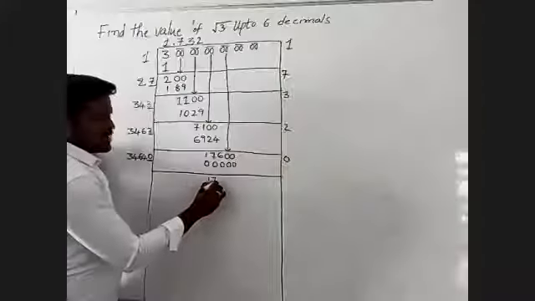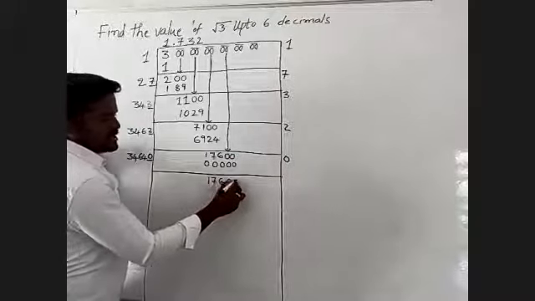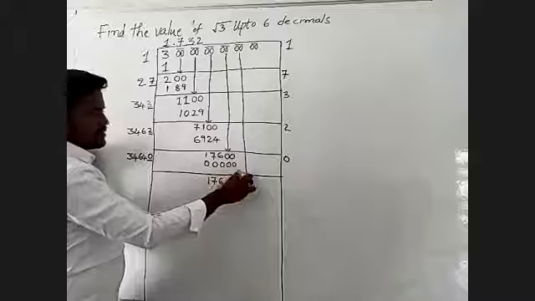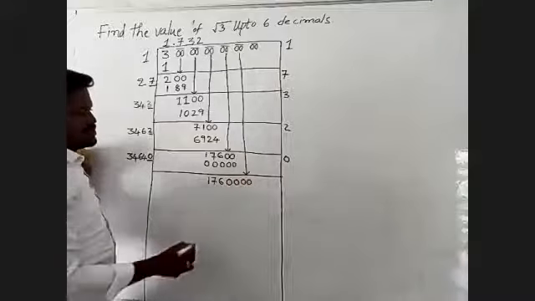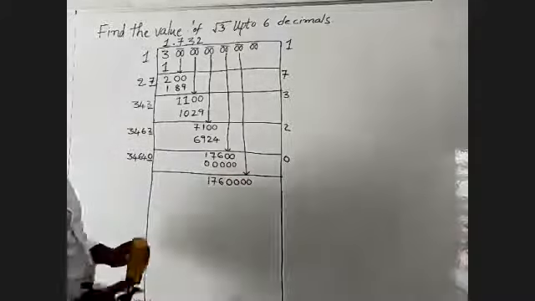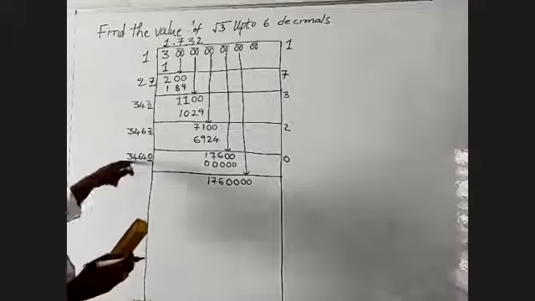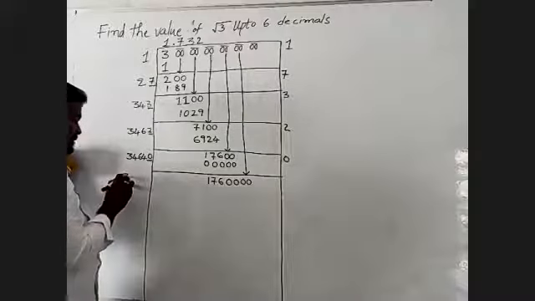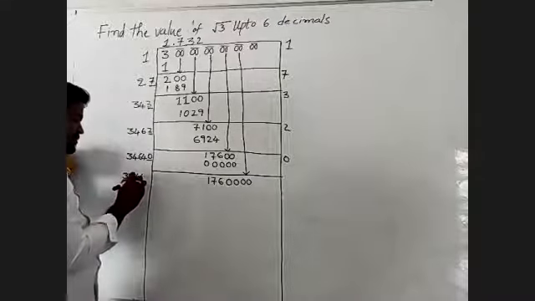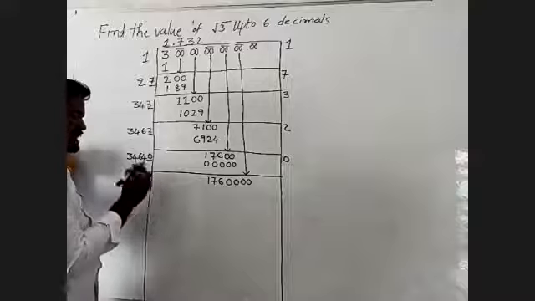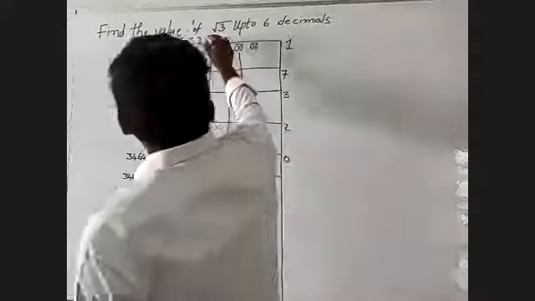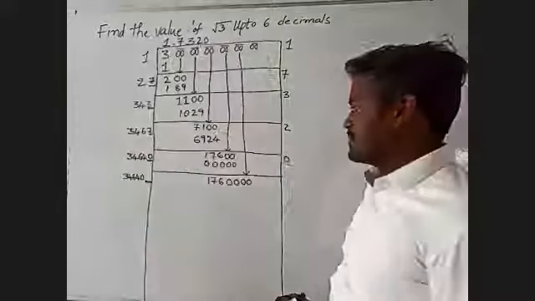The number is 17600. After that, we'll take the remaining 2 zeros also here. We'll observe in this one. 34640 plus 0 becomes 34640. We will take the units place. Here we have to write the value 0.